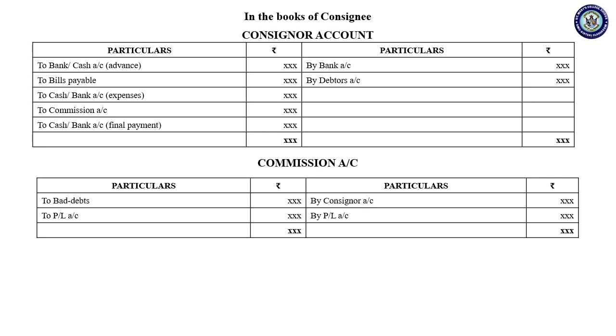If there is an adjustment like bad debts, or if there is any del credere commission, then the bad debt should be adjusted. So directly you are not going to pay the money. You have to transfer it to the commission account, so you write to commission. Then the difference is the final payment.